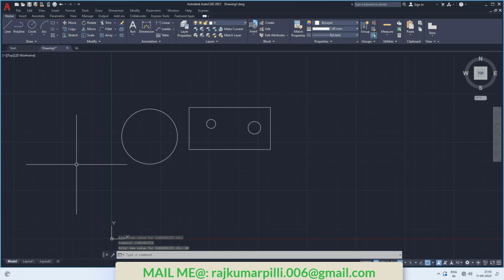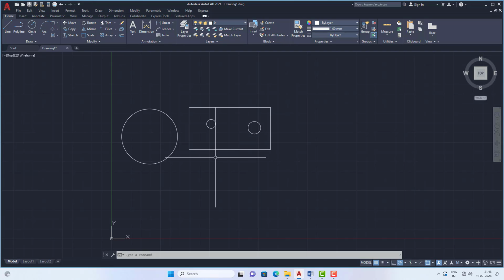The cursor size has increased. See, and what is the maximum value of this cursor size? 100 is the maximum value, and the minimum value is 1. How do you know the maximum value is 100? How will you tell? Go to the command line, type cursor size,